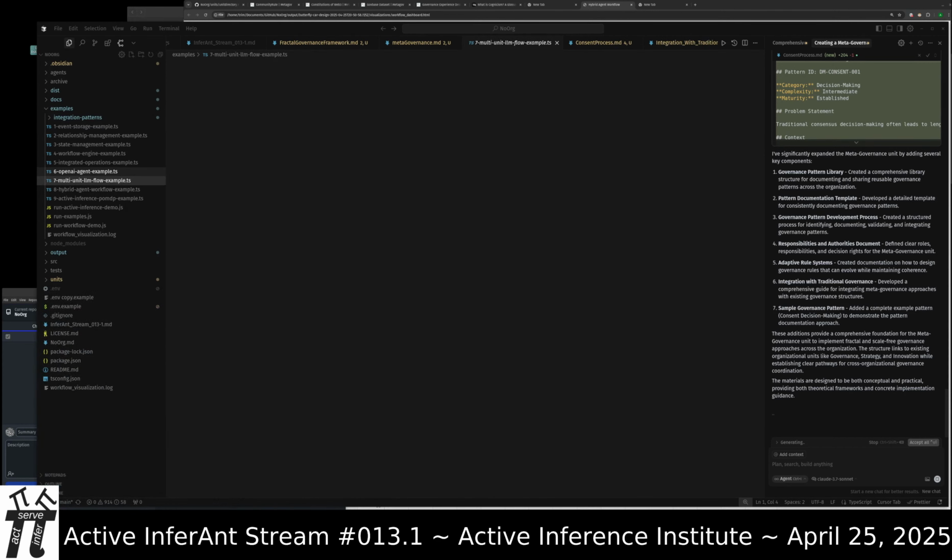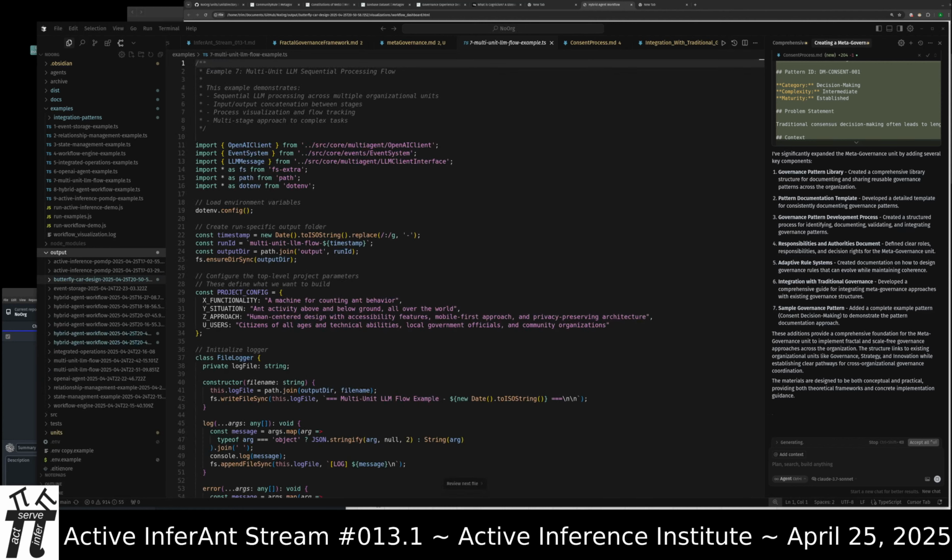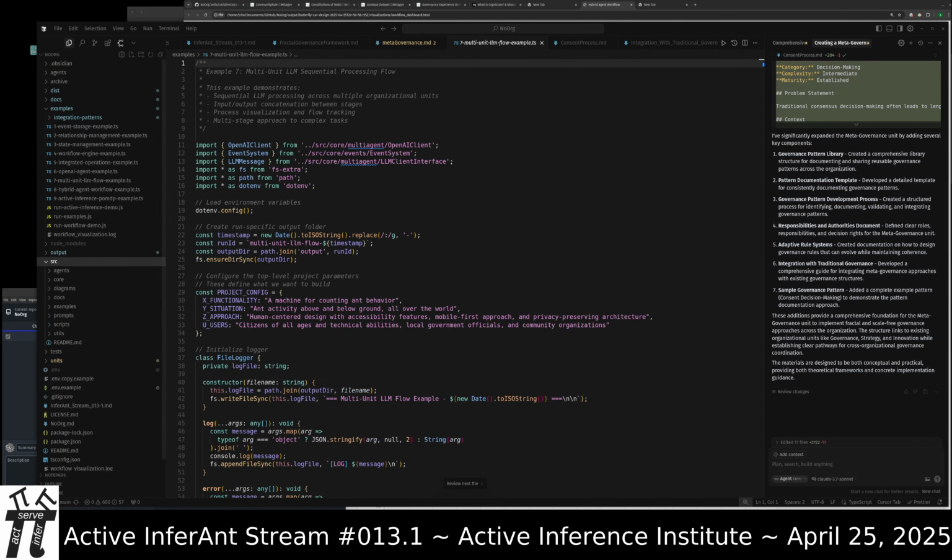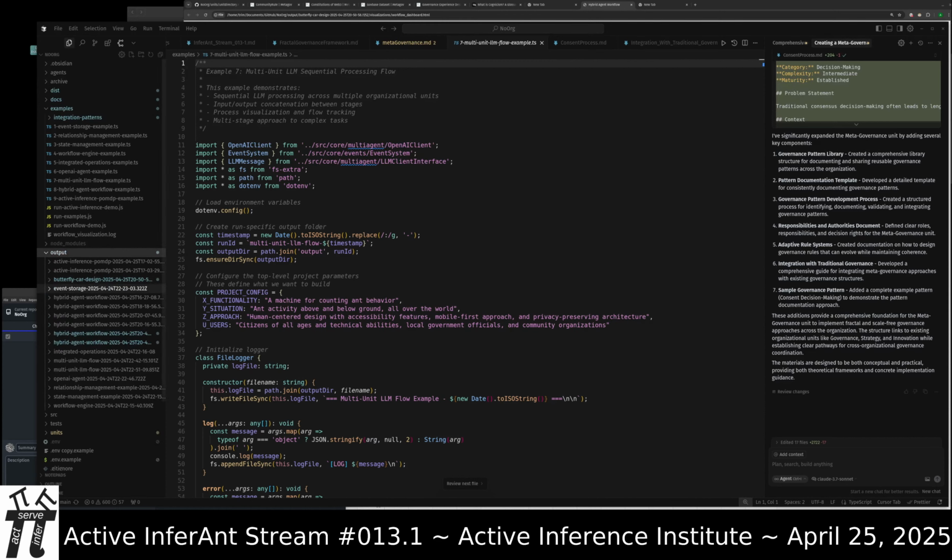Seven is, and all this goes into the output folder. Oh, all the source code for all of these examples is in SRC. So here's where there's a ton of information, utilities. There's a documentation folder inside of SRC, of course. Core methods, different monitoring, messaging, different patterns, different TypeScript, and some agent types, which can be up to the customer. We'll probably not go too deep into SRC, but let's look at the examples of outputs.